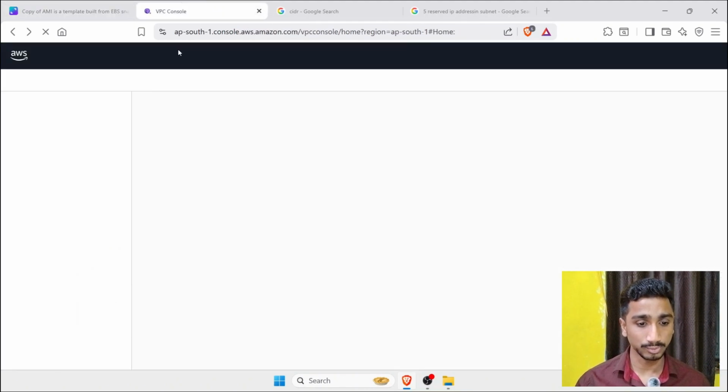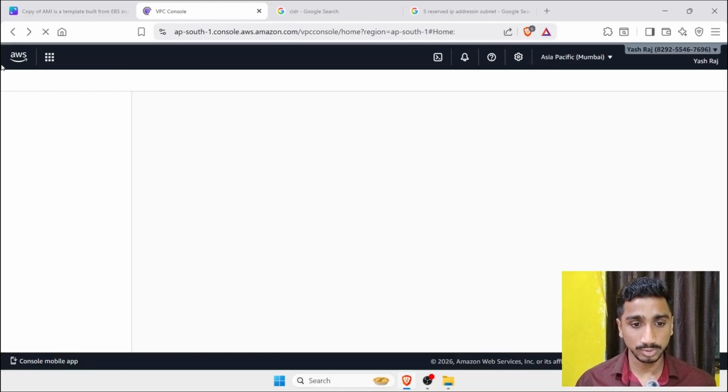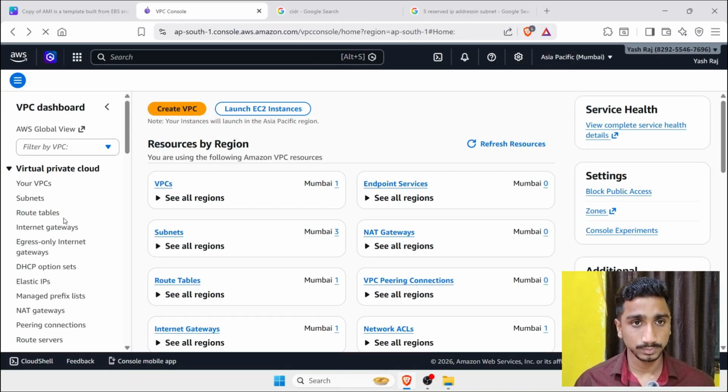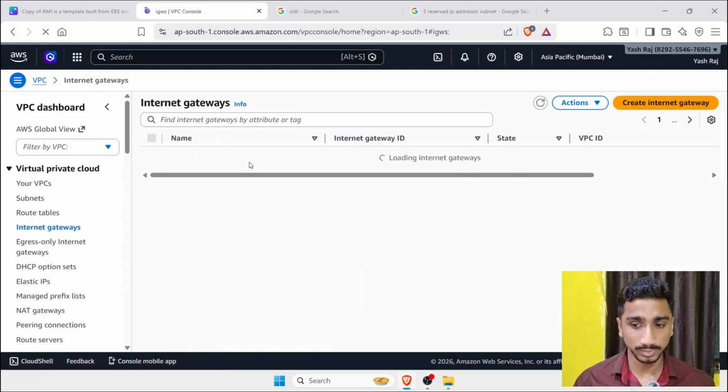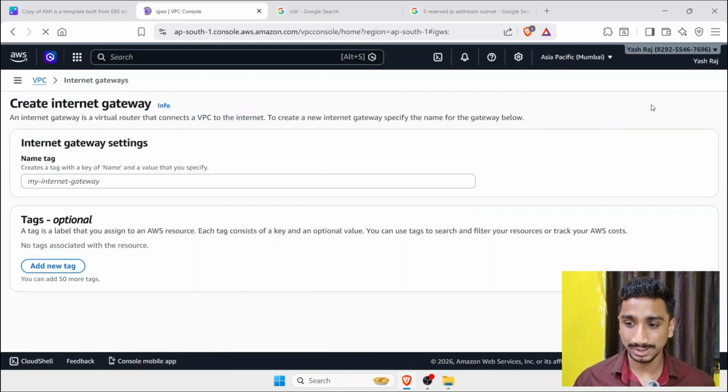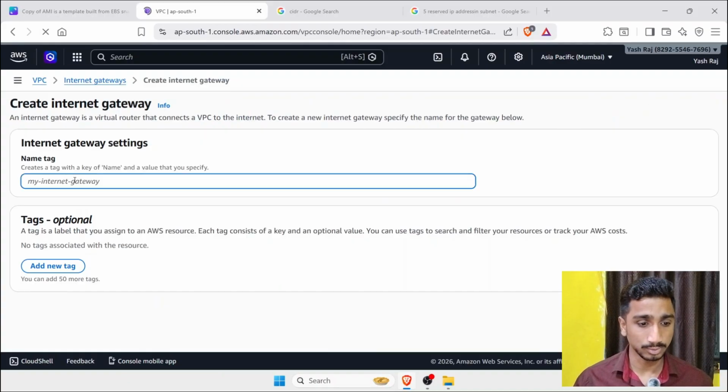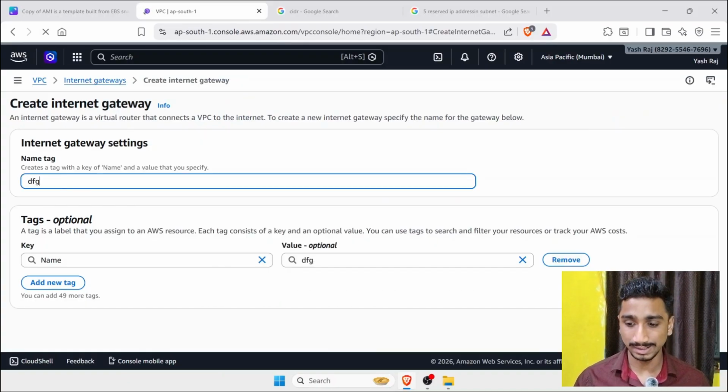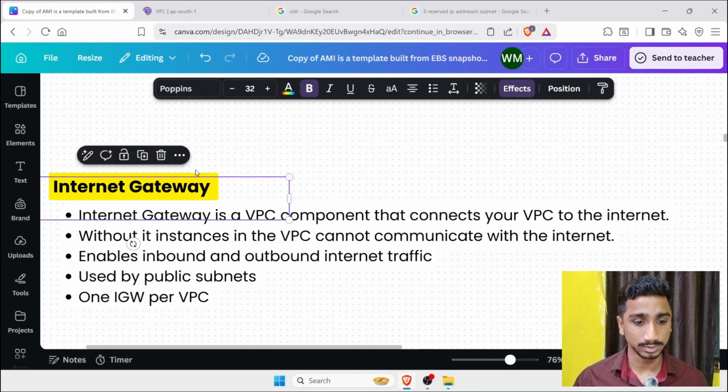Like if you go ahead, VPC console, here you can see gateways. Like here you can see the gateway section. You can also create a gateway. You put a name and create. So